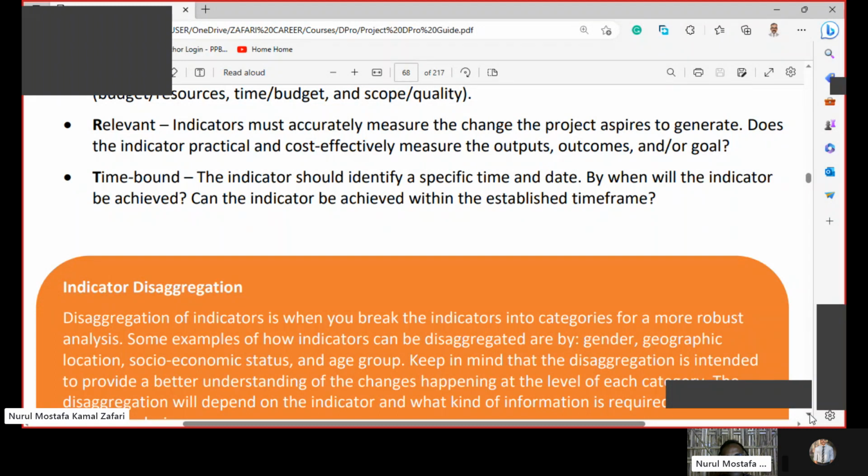Disaggregation of indicators is when you break the indicators into categories for a more robust analysis. Some examples of how indicators can be disaggregated are by gender, geographic location, socioeconomic status, and age group. Keep in mind that the disaggregation is intended to provide a better understanding of the changes happening at the level of each category. The disaggregation will depend on the indicator and what kind of information is required for